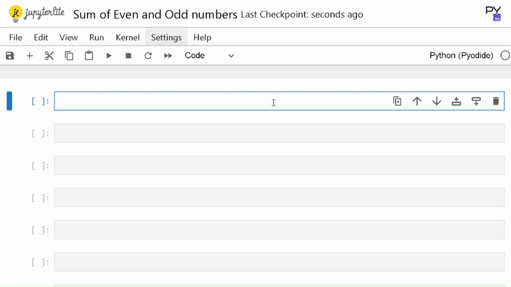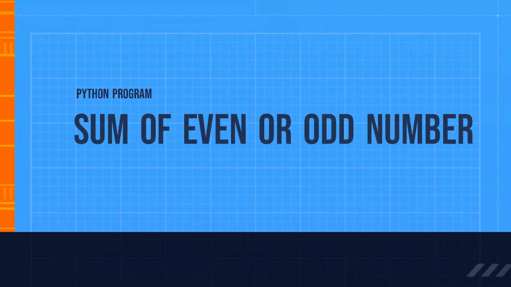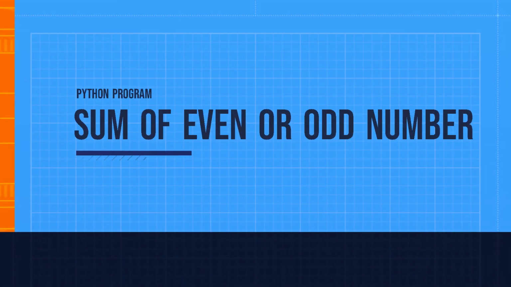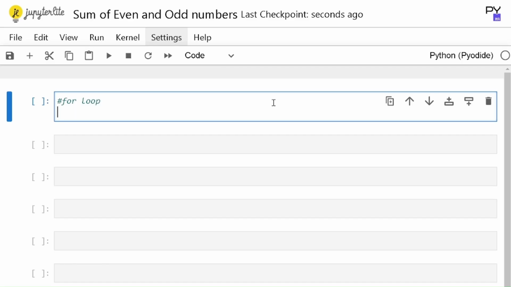In this video, we will learn how to find the sum of even and odd numbers. We will use a for loop to find the even numbers first. So for num in range,